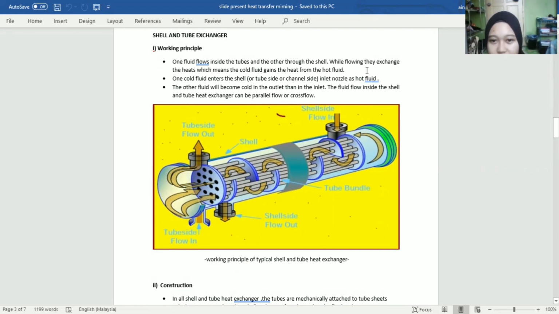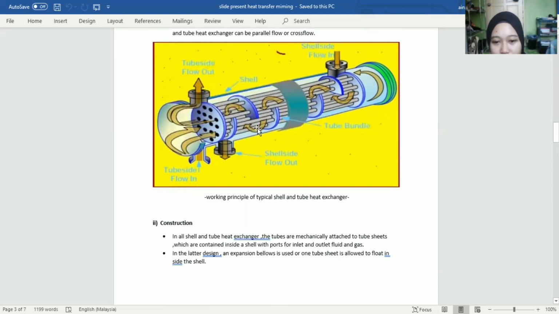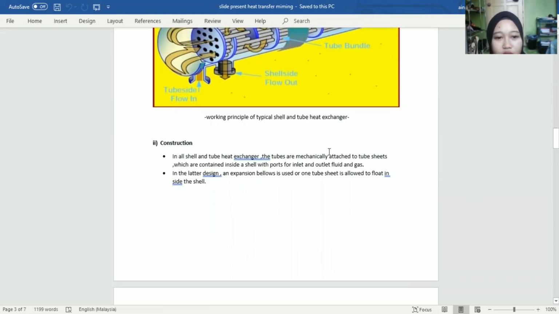One fluid enters the shell or tube inside through the inlet nozzle as the hot fluid. The other fluid will become cool at the outlet. The fluid flow inside the shell and tube heat exchanger can be parallel flow or cross flow. Okay, ini gambaran untuk shell and tube heat exchanger. Okay, next,